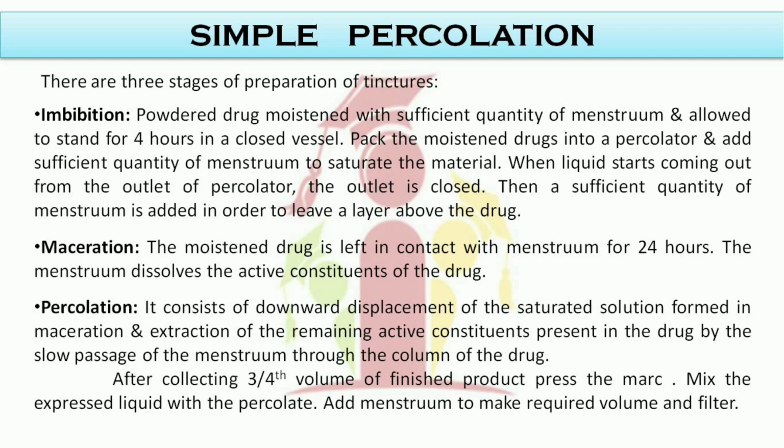After collecting 3/4 volume of the finished product, the marc is pressed. Then the expressed liquid is mixed with the percolate obtained and extra menstruum is added to make up the required volume